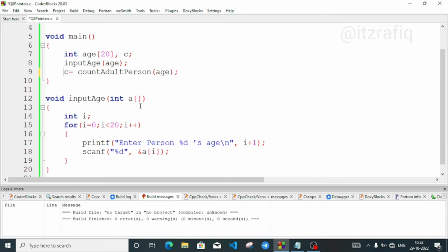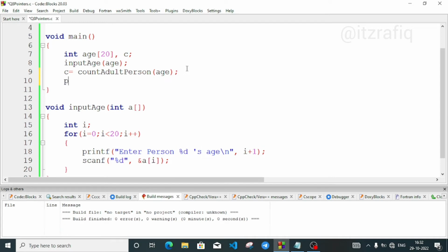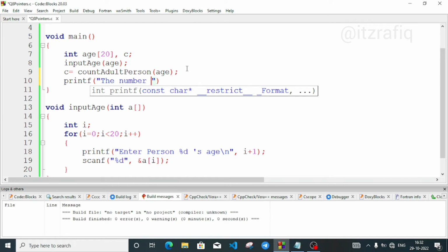Their definition I need. After saving the value in variable c we have to display it also, so we will write a printf function. Here we will write the number of, or we can write there, are %d